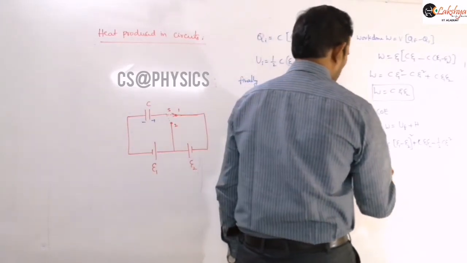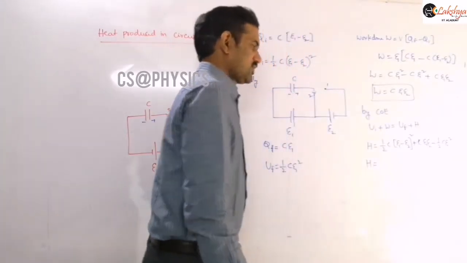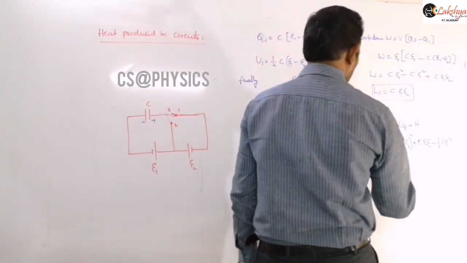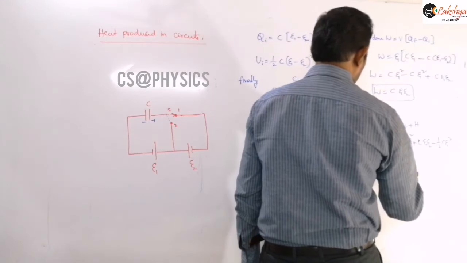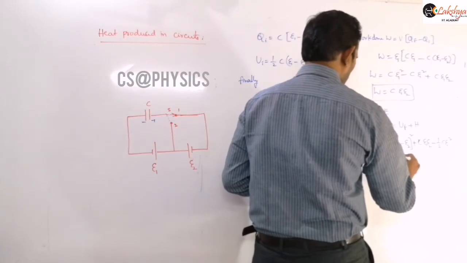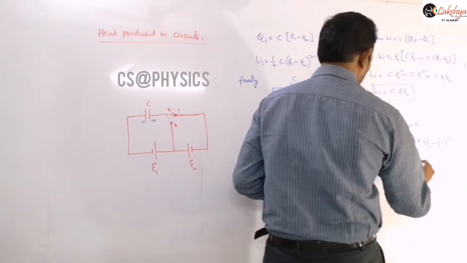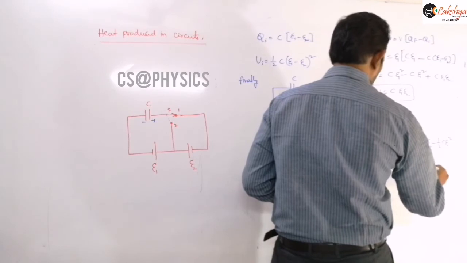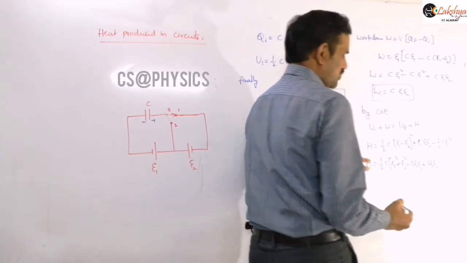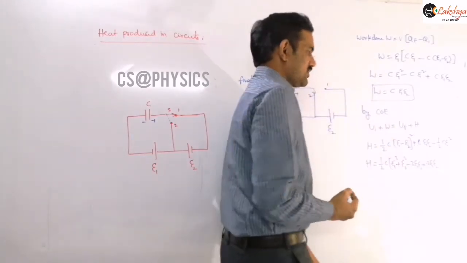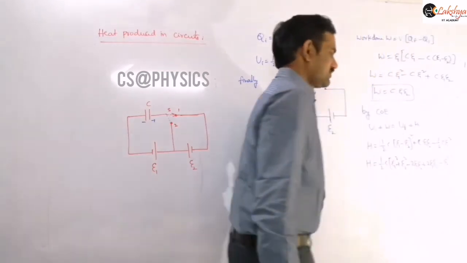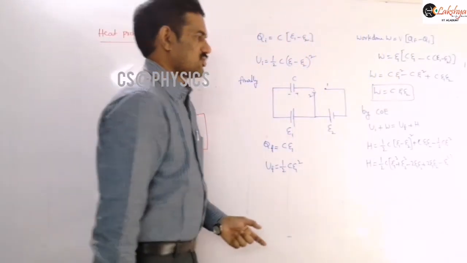And you can simplify this expression. Just expand it so that you can simplify. I am taking this half C common from all the terms. Then here you will get E1 square plus E2 square minus 2 E1 E2, and here you will get plus 2 E1 E2, because we are taking half common, so we need to multiply this term with 2. So minus E1 square you will get, right? Now you can observe that those terms will be cancelled.